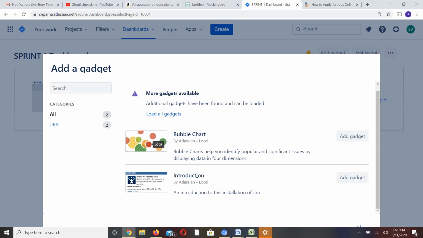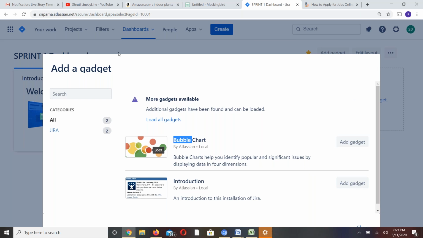So introduction and gadget. Okay, you can select that way, and you can create the dashboard as I showed earlier.